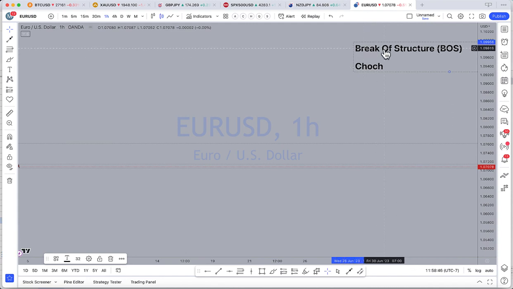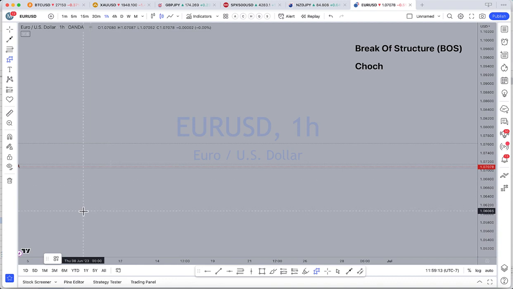All right. So this one's called break of structure. Now you might hear this, and also this right here stands for change of character. You might hear it called choke. Right, they might say it had a choke. Break of structure, BoS, is an abbreviation for break of structure, right? And break of structure is an initial signal that may let you know that price is ready to go in a different direction, right? So let me draw an example for you right here.